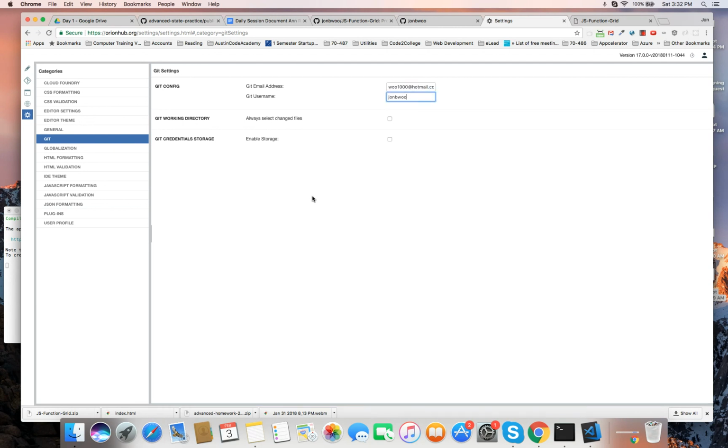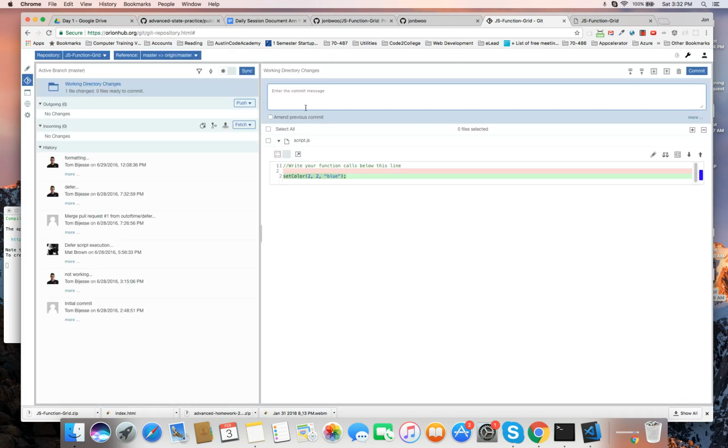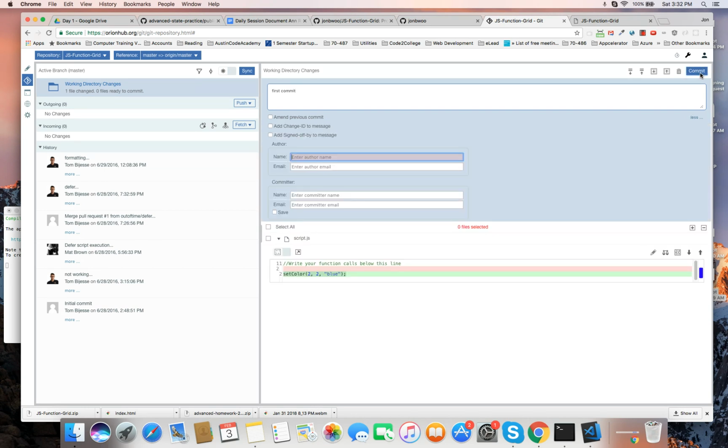So it makes something a little bit easier, but still there are a few quirks with this interface that are slightly a pain. So if we go back, enter the commit message, first commit, and then I say commit,